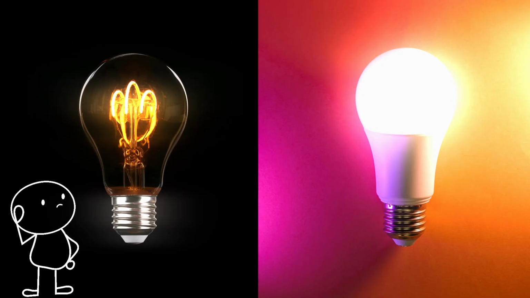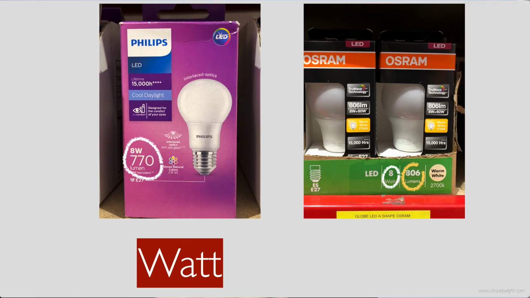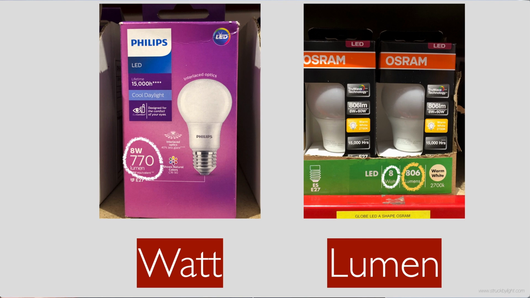Ever wondered why a 20-watt LED is way brighter than a 20-watt incandescent bulb? Why are there so many kinds of light measurements? What's the meaning of units written on all these boxes? This video is about how light is measured as humans sense it, instead of measuring it as a physical